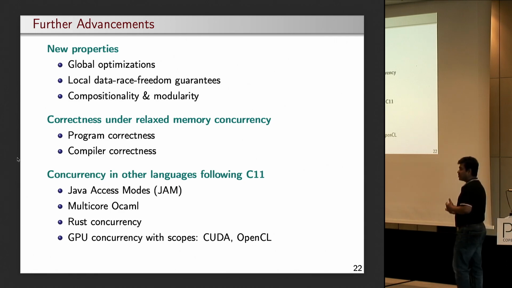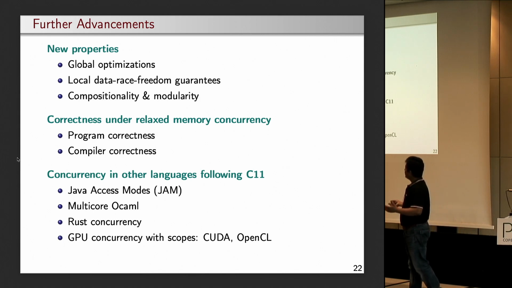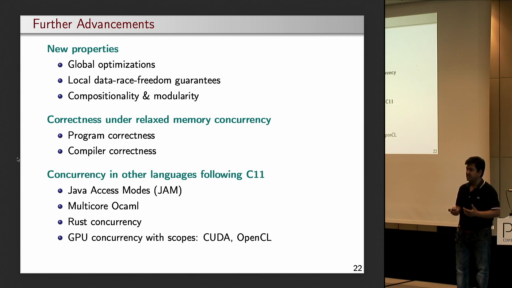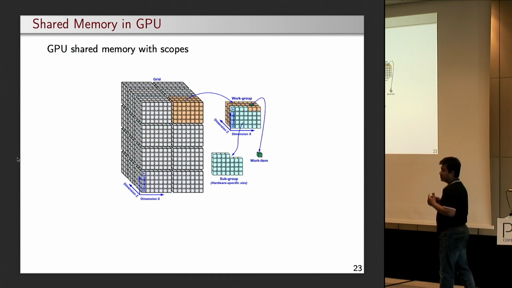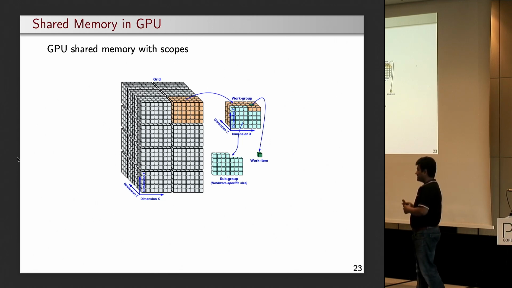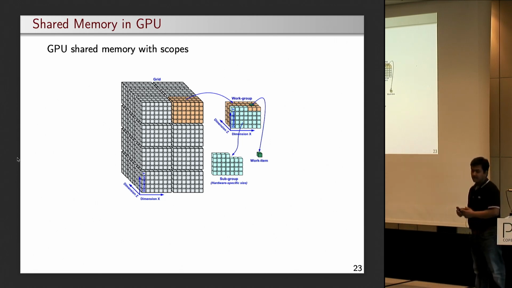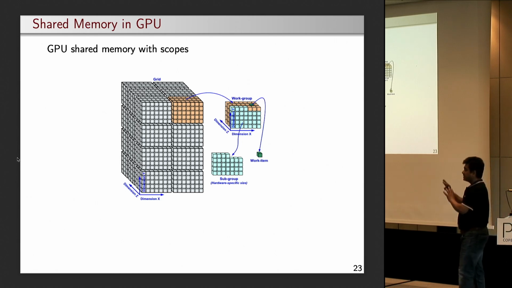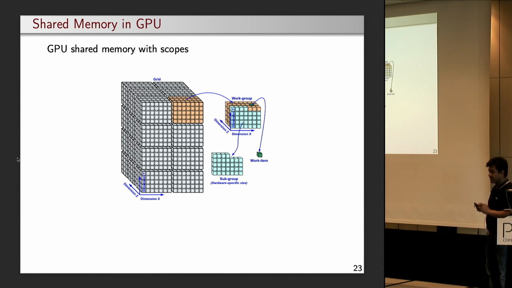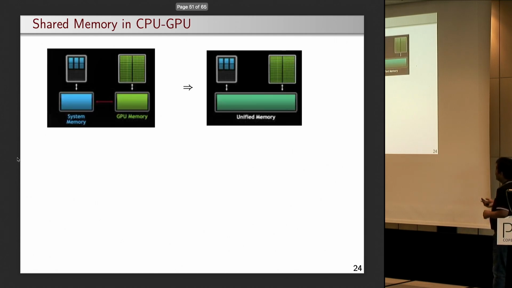And the C11 model has been expanded to many other languages, including GPU programming, OpenCL, CUDA, and so on, where what we want is to model the shared memory concurrency for GPU programs, which is a new area. Here the threading model and the execution model are very different, but they also show relaxed memory behaviors. And more